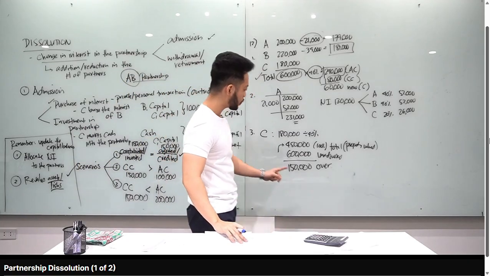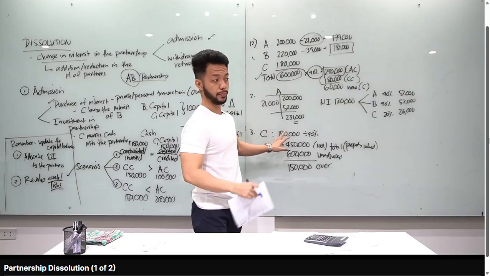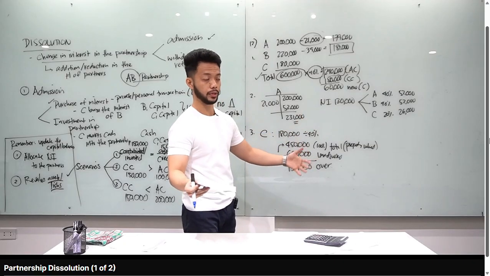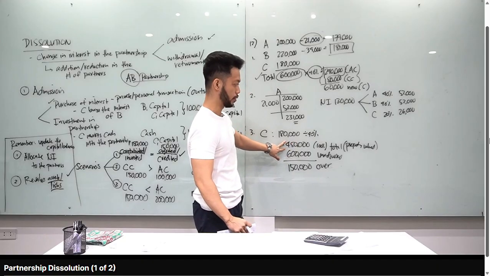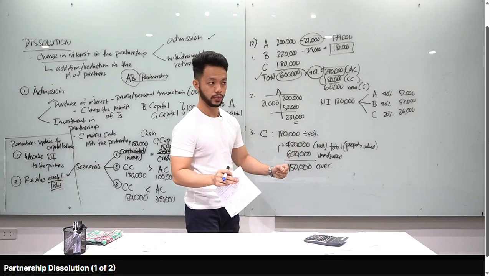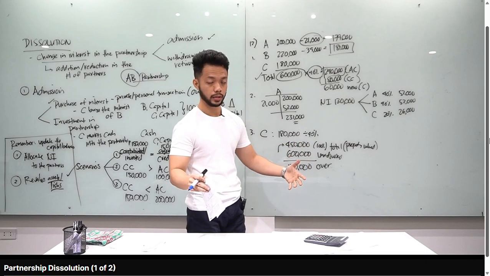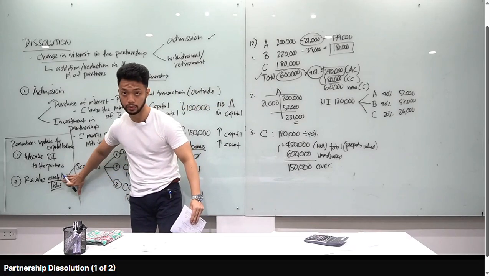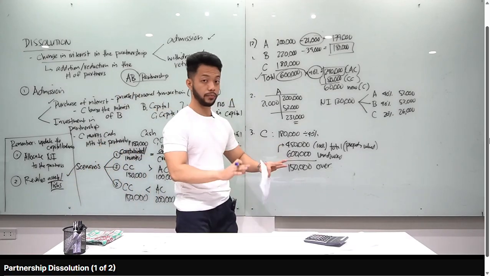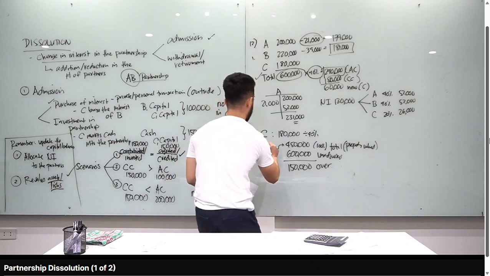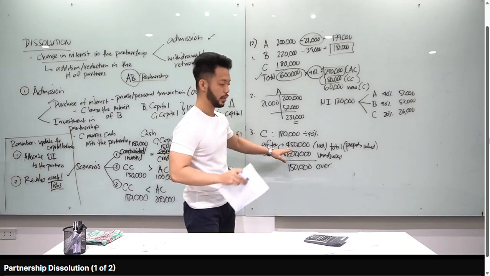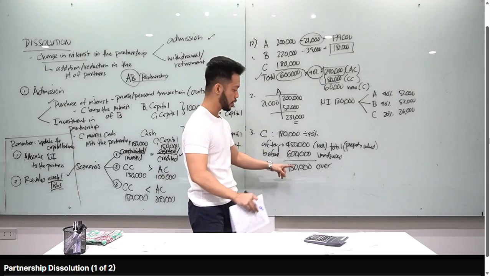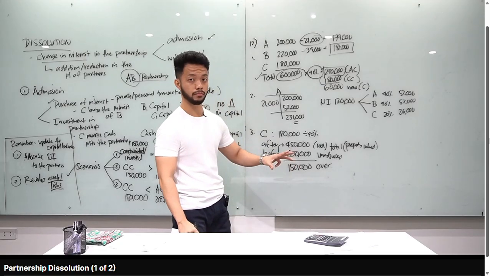Ulitin ko. Si C, nag-invest siya ng 180,000, representing 40% interest or capital in the partnership. So, pag dinivide mo siya, makukuha mo yung 100%. Tama? Which is the total capital of the partnership if properly valued siya. Alright? Or after adjustments, after revaluation. Tama? Pwede mong isipin na yung 450 is after revaluation. So, ito yung after revaluation, ito yung before revaluation. Before revaluation, 600.